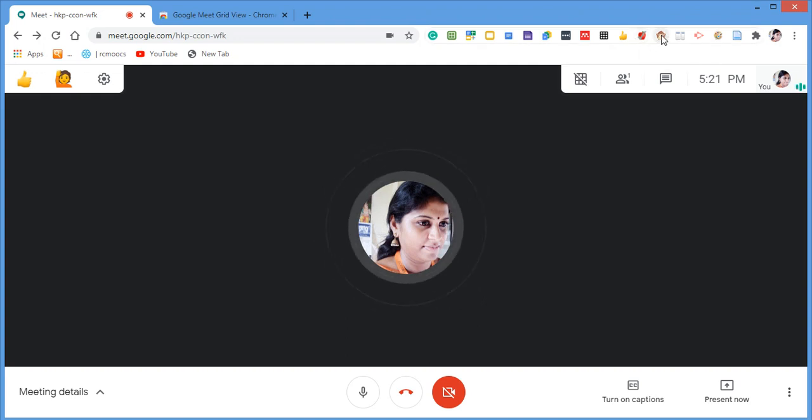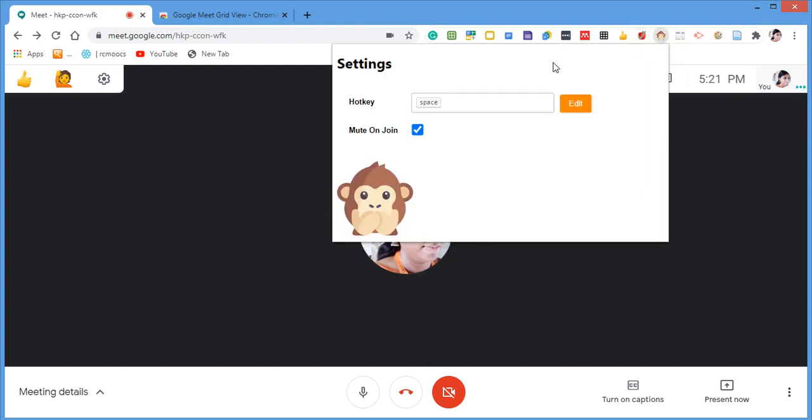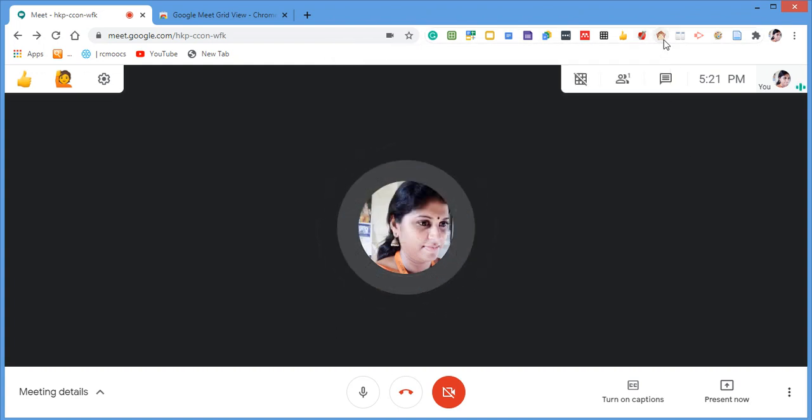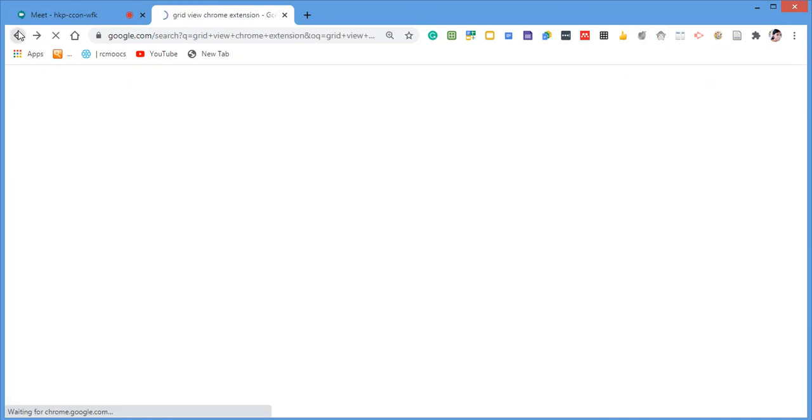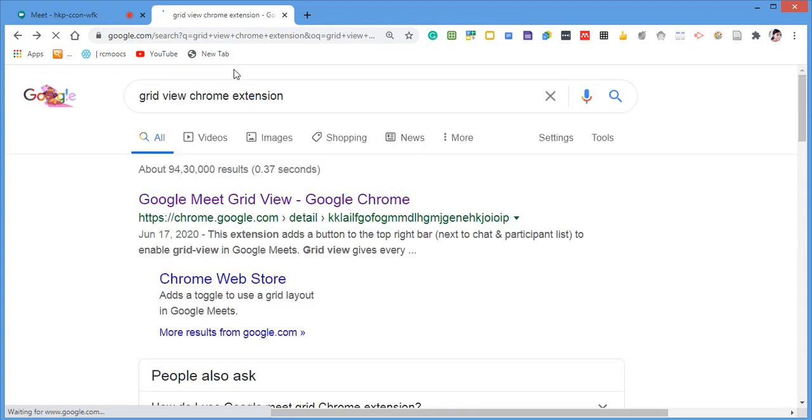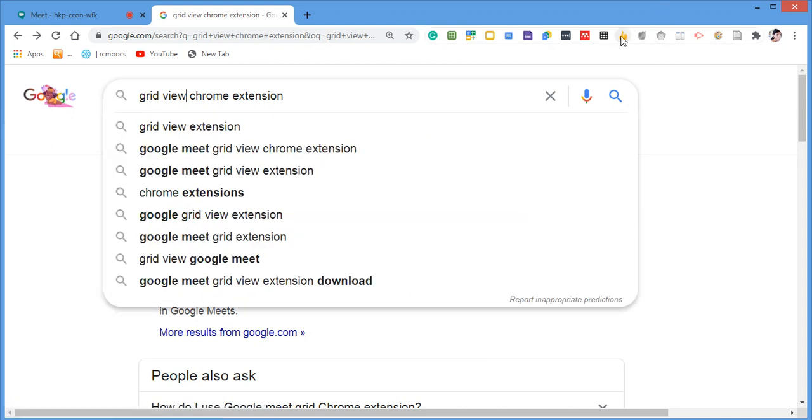Then the other one is this particular application, Google Meet Push to Talk. For example, again the procedure is the same for all the extensions I am showing. If you want to add grid view or attendance or nod, whatever it may be, you have to type that word.